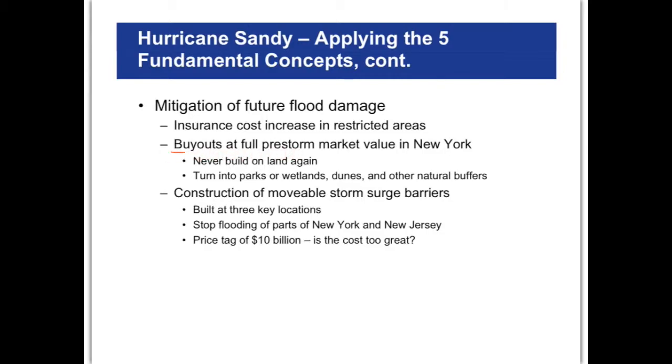So if you have a parcel of land that was totally destroyed, they would offer you the cost of your land before the storm. So even though everything was destroyed and the cost of your land has dropped, they'll give you full value for it because they want to make sure that land is not built on again, that it can be put to other uses that actually prevent the damage from hurricanes like this. You can turn these into parks or wetlands, things that actually serve as buffers between us and the elements.